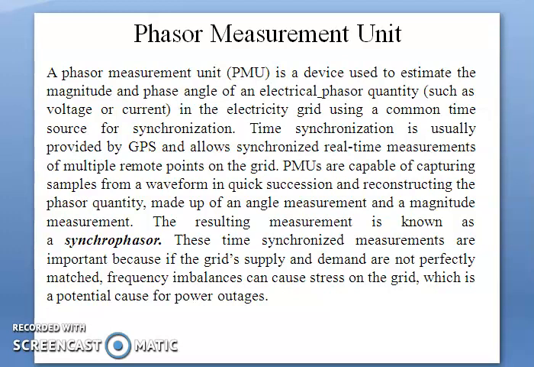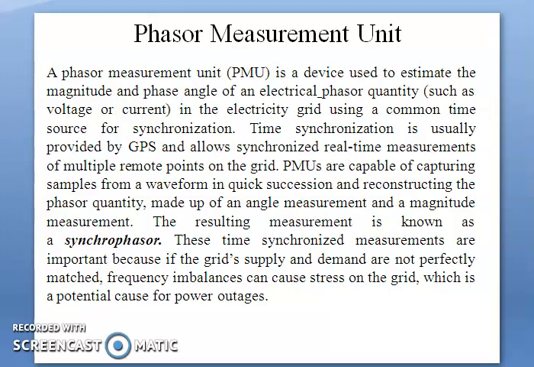Now this helps engineers in analyzing dynamic events in the grid, which is not possible with the traditional SCADA measurement, that is supervisory control and data acquisition system, that generates measurements every 2 to 4 seconds. But in this case the resolution is up to 30 to 60 measurements per second. This enables PMUs to equip utilities with enhanced monitoring and control capabilities, and they are considered to be one of the most important measuring devices in the future of power systems. A PMU can be a dedicated device, or the PMU function can be incorporated in a protective relay along with other devices.